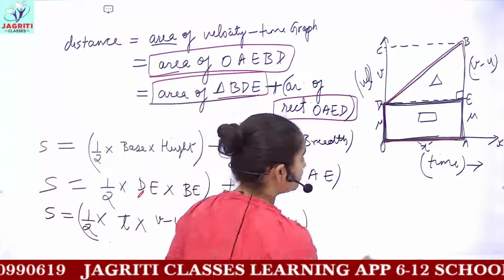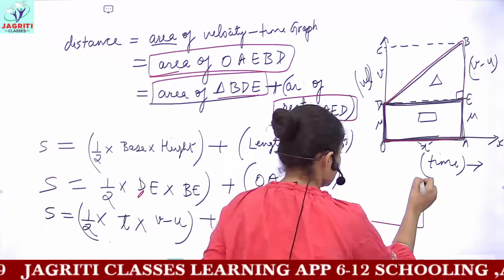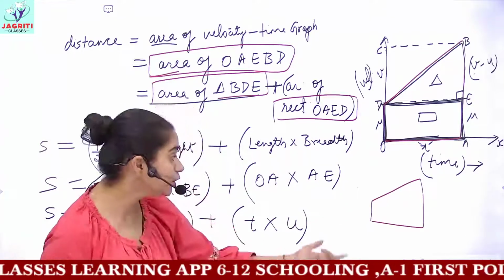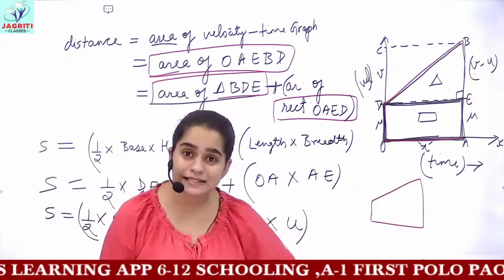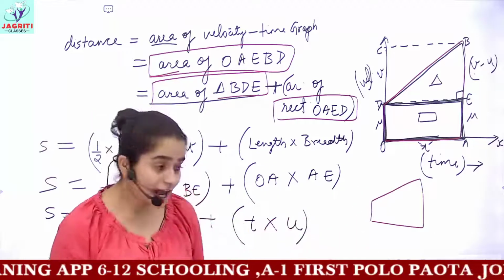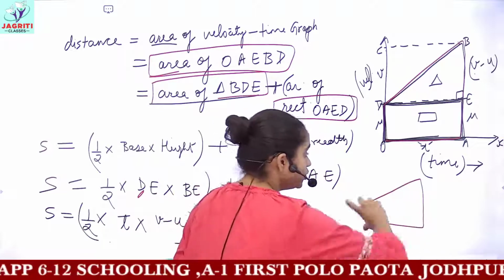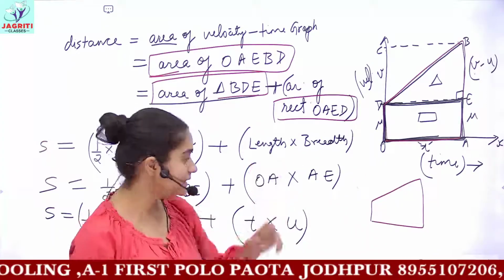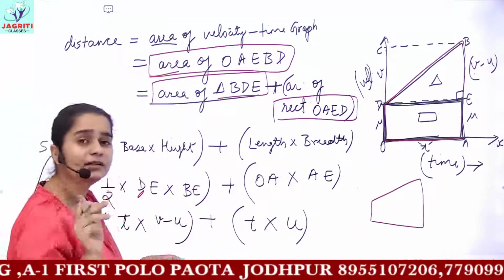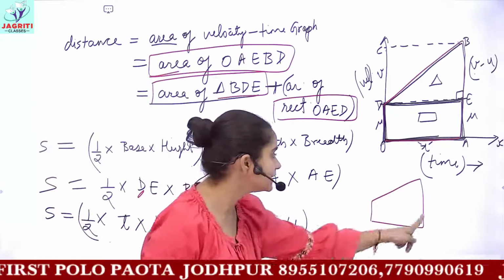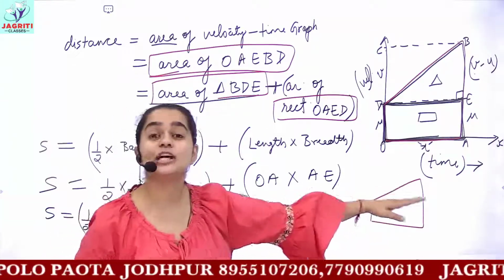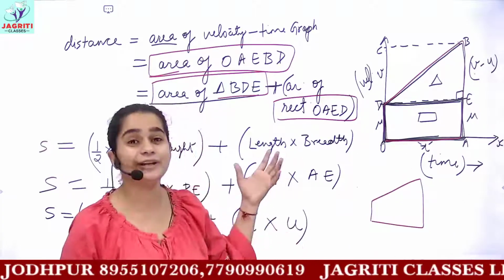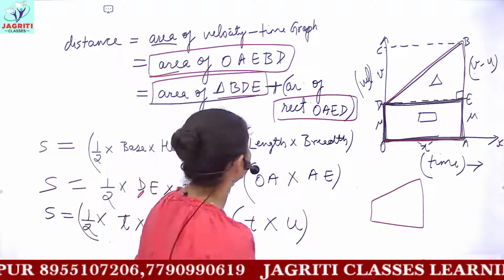And if you observe carefully, O, A, E, B and D form a trapezium. I have told you how to find the area of a trapezium. A trapezium is a four-sided figure in which you have two parallel and two non-parallel sides. I'll write the formula down again, and if you have any doubts, we discussed which are the parallel sides and which are the non-parallel sides when I discussed how to read and understand graphs in the previous video.